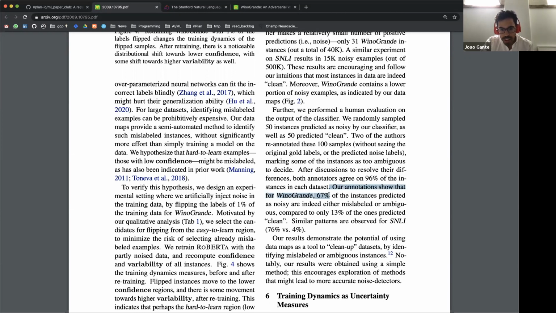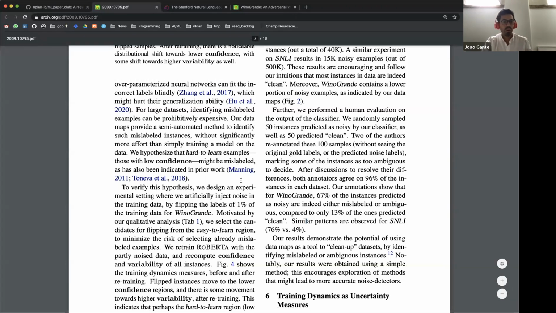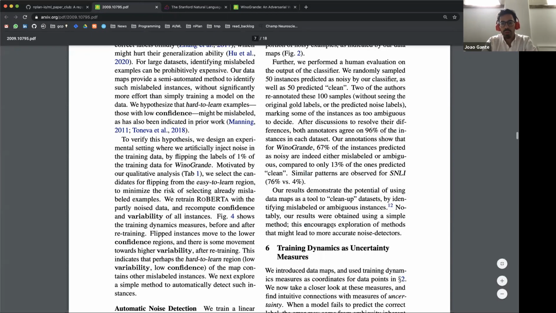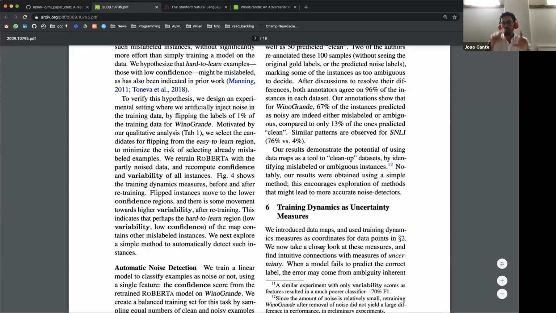So our annotations show that for Winogrande, 77% of the instances predicted as noisy are indeed either mislabeled or ambiguous, compared to only 13% of the ones predicted clean. So if this works, this would be a great way to identify incorrect labels. But again, this experiment is on particular data sets with few classes, so I wouldn't extrapolate this to data sets with more classes. The last bit of the paper, they tried to see if they can use their map